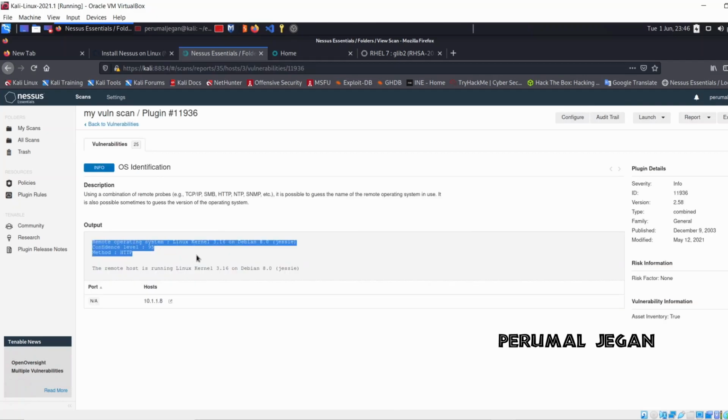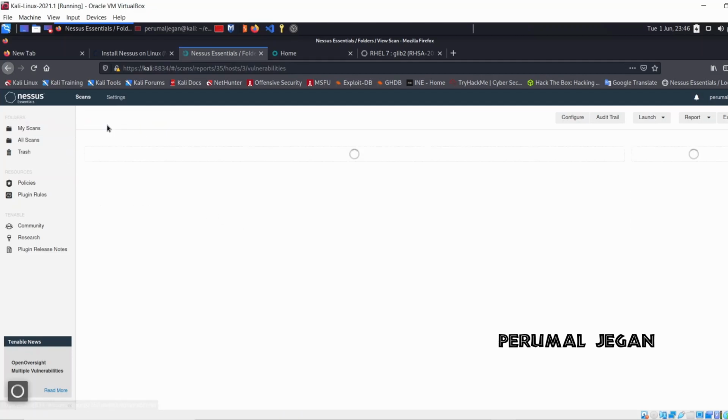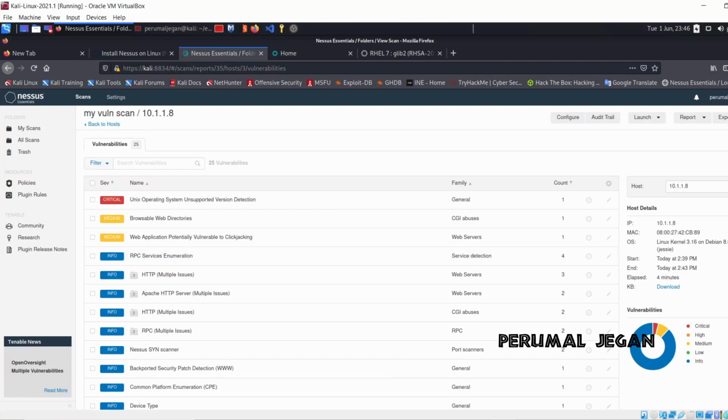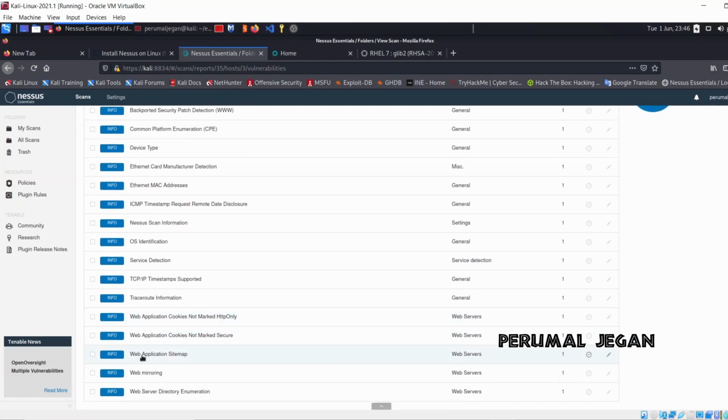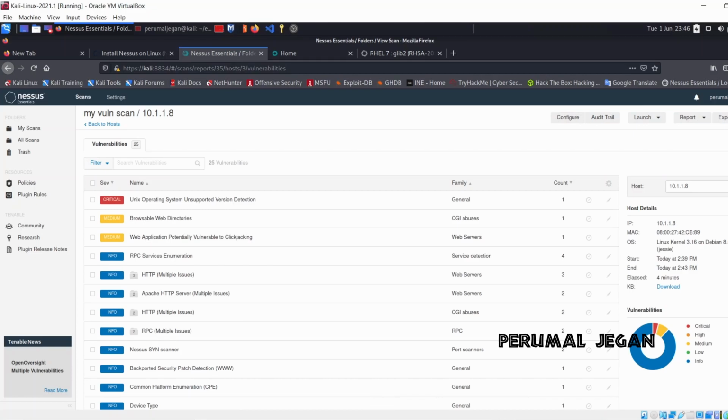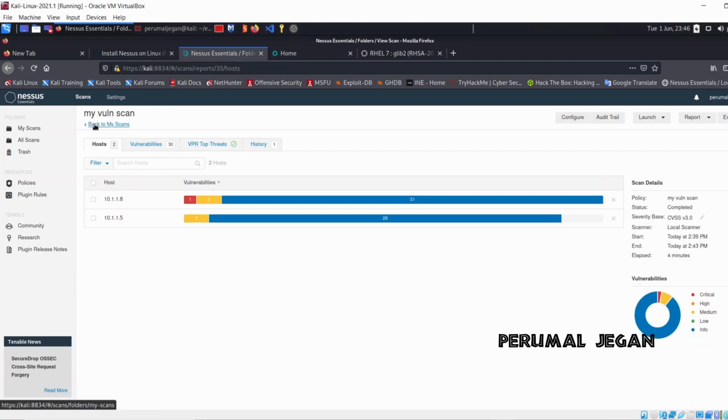The attacker can identify the operating system of the machine, so that is why it found it as a vulnerability. These are all some info severity vulnerabilities. This is for one device.